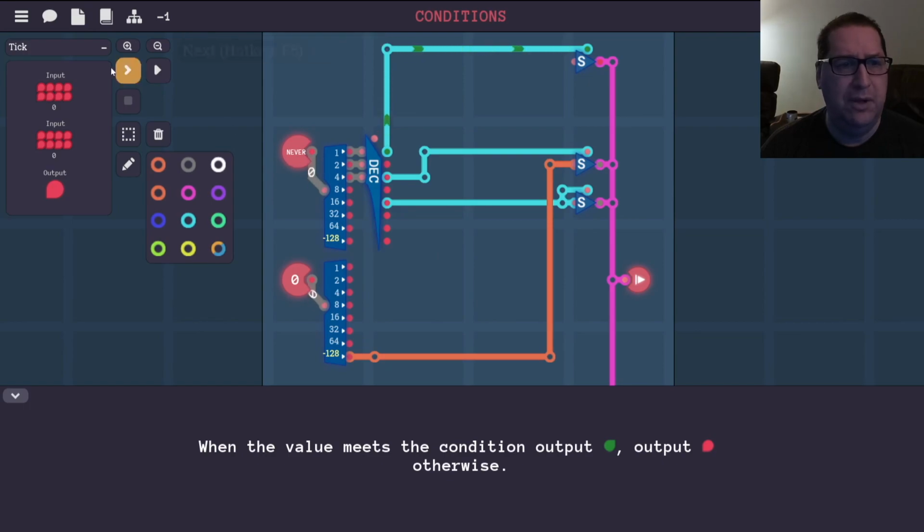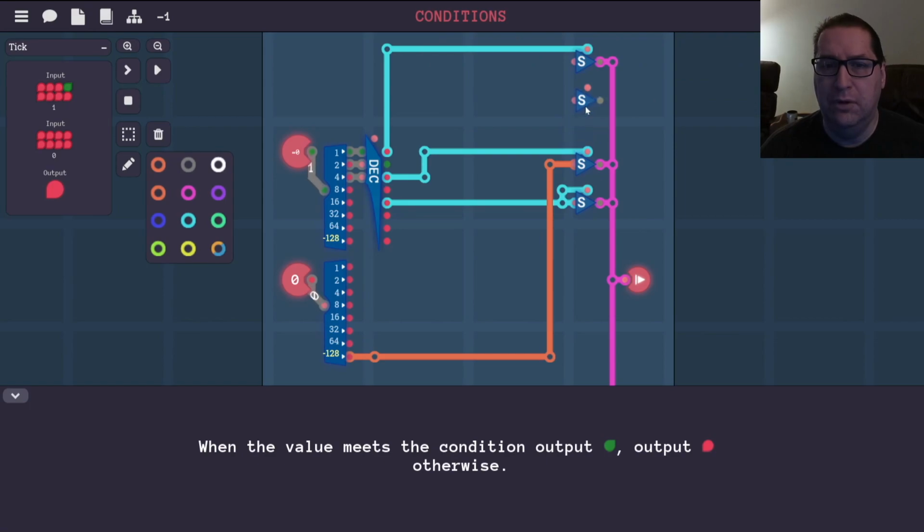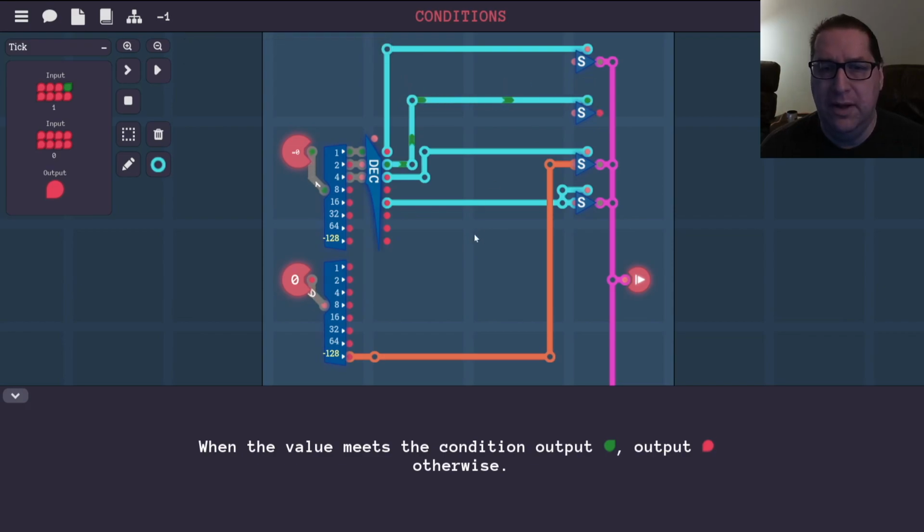All right, so where were we? We were working on less than 0. No? We were not working on less than 0. We were working on equals 0. Okay, so for equals 0, we're going to need another selector as before. And we will go ahead and wire that one up. Wire up the control bit, that is. Okay, and now we need our